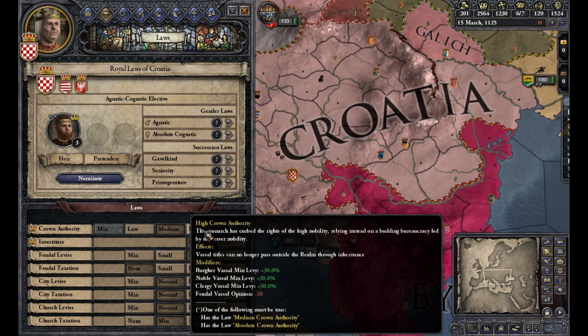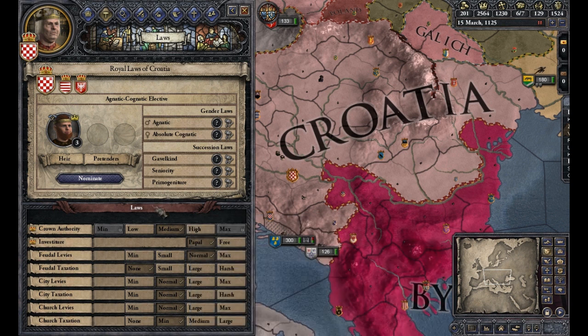So that should cover everything. We have the 3 gender laws, but cognatic is generally the one you're going to stay with. And then you have the 4 succession laws. You have elective, which is good if you're well liked and everybody's on the same page. You have Gavelkind, which is good if you have very few children or one son, and you want to be